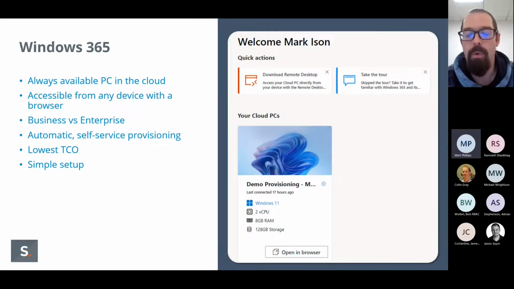So the overall question: what is Windows 365? In simple terms, it's a PC in the cloud. It's always on, always available, accessible from any device with any browser. Microsoft provide two levels of service for Windows 365. They have business and they have enterprise. Business is for a maximum of up to 300